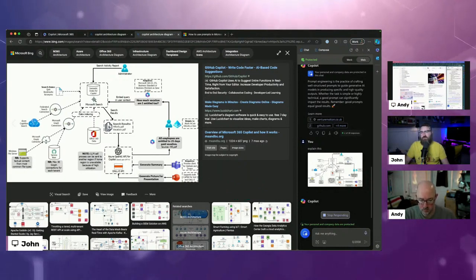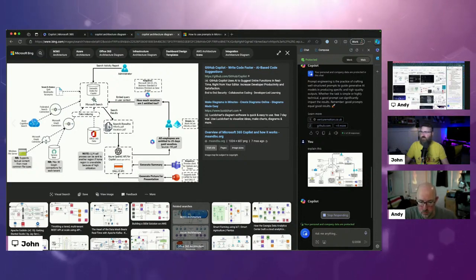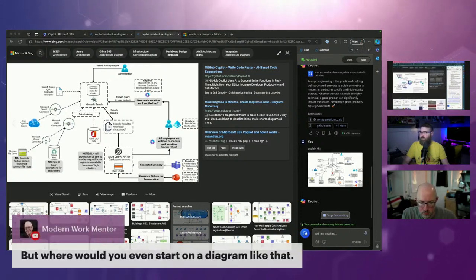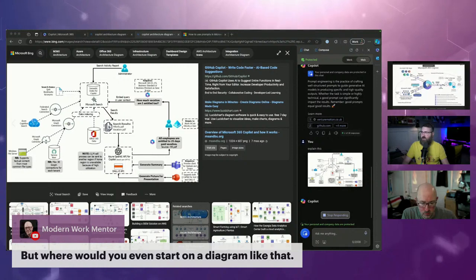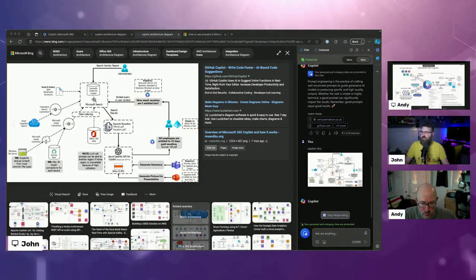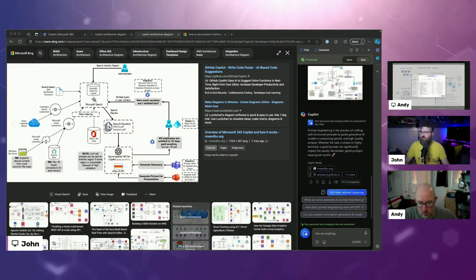Yeah, Daryl, where would you even start with a diagram like that? Praxidus was asking where you can create a diagram in PowerPoint. Unfortunately, you can't. This is something I've done with ChatGPT Plus though. I think it's diagrams.io, and it will allow you to create diagrams in ChatGPT. I haven't found a Microsoft equivalent yet, but